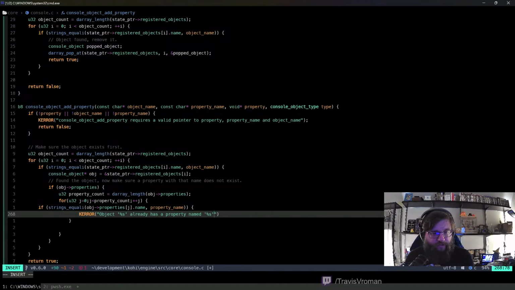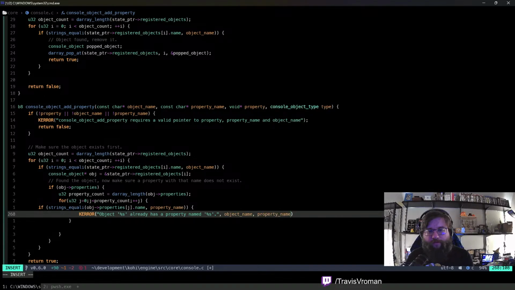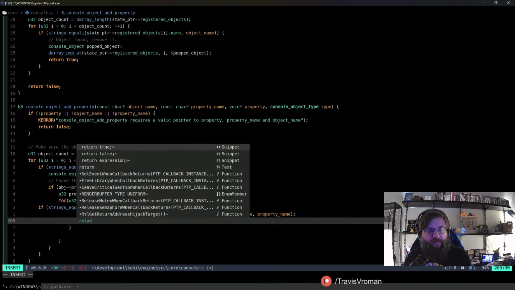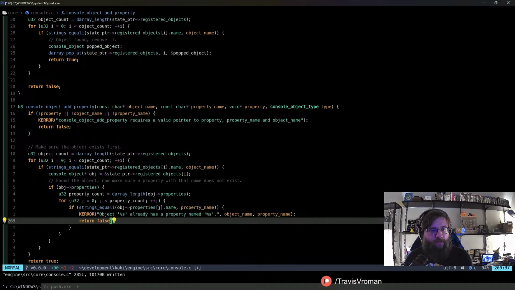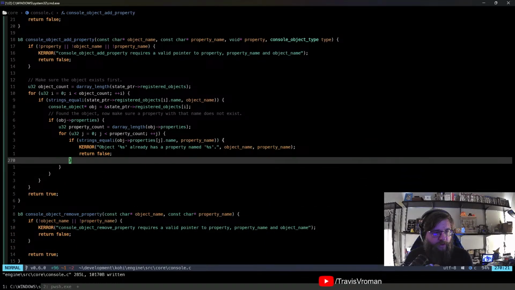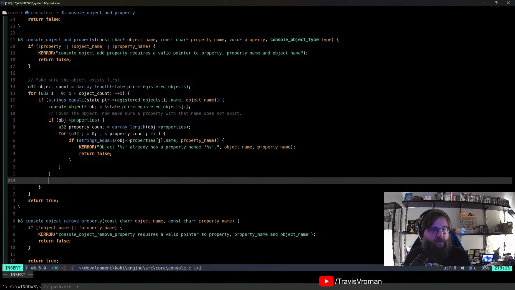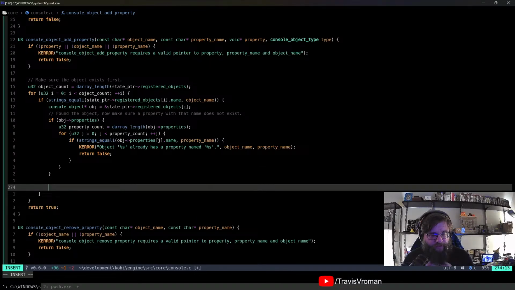I'll do that again. And then to that we'll pass object name, property name, and return false. Right? So that's how we'll handle not duplicating properties. All right, let's see. If properties. Okay, so at this point,